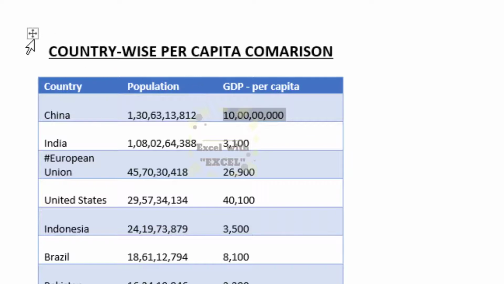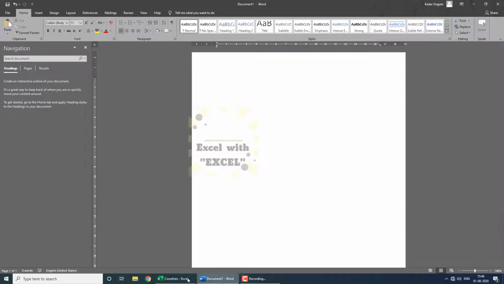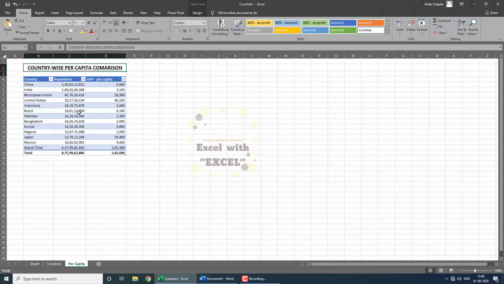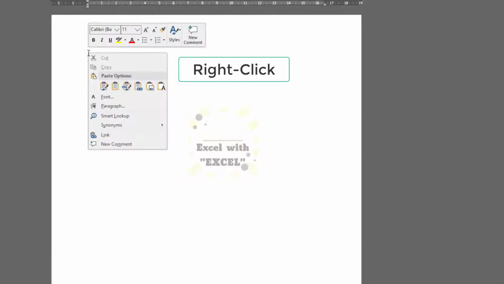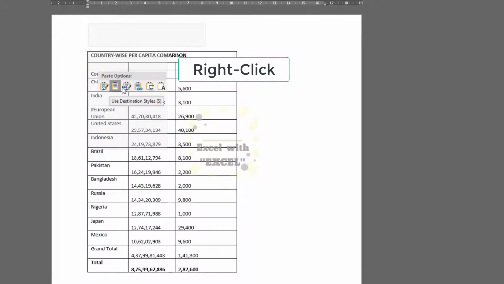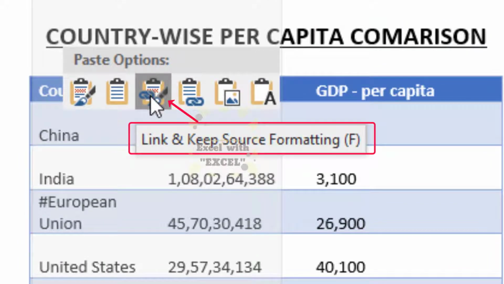So instead what we can do, we will use the same copy and paste feature but with a little twist to it. So let me delete this, and now I will copy this data, and instead of just pasting, I'll right click, and then here if you see, the third option is link and keep source formatting.